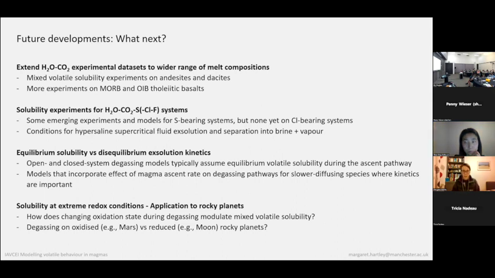So this is a kind of whistle-stop tour of where I think observational researchers might like to use codes. There are things I haven't touched on at all, like carbon isotopic